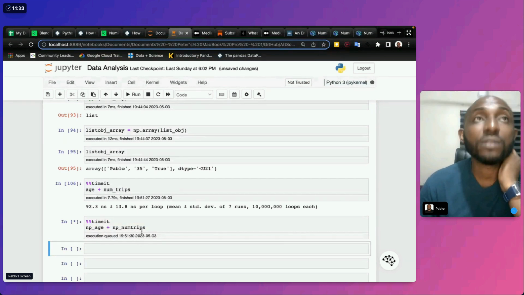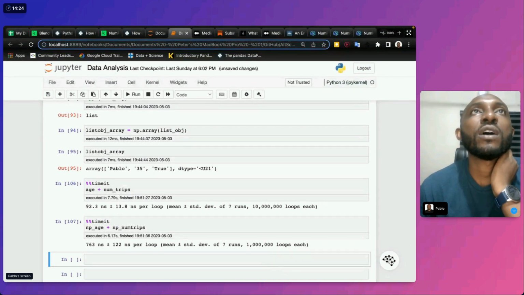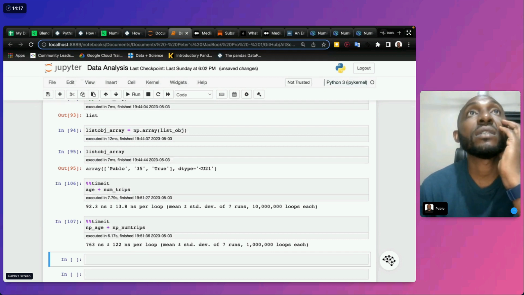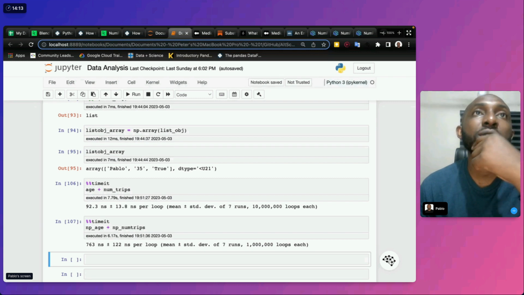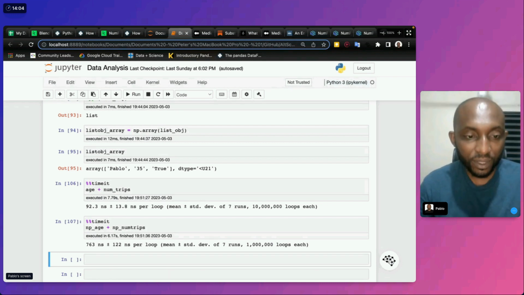Once I check that out, I'll show you guys how the speed of one compares to the other, the magnitudes of speed, and why one is slow and why the others are faster. I think I'll figure that out. I'm not using it the correct way.